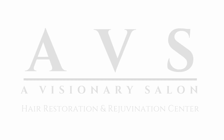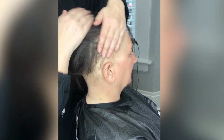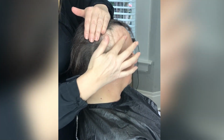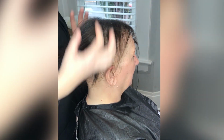So this is a hair situation that is called alopecia, and our client has areas on her hairline. It's a little sticky there, where there just isn't hair, and it's probably not going to grow back. We've kind of determined that that's just going to be how it is, but she does want to keep what hair she does have. So we have created an invisablend for her that can help to integrate her own hair